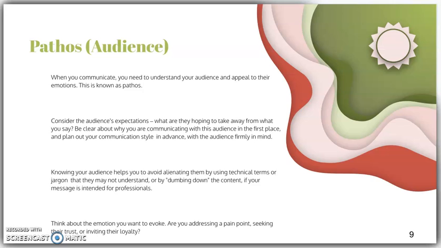So pathos is the audience, and is how the audience makes a connection to the writing. It's also known as the emotional appeal. And that's not to say that whenever the speaker themselves shows emotion, that's pathos. No. It's more concerned about how the author is using emotion to sway the group one way or another. So in this case, you'd want to be really cognizant of the way that the speaker is talking to you.